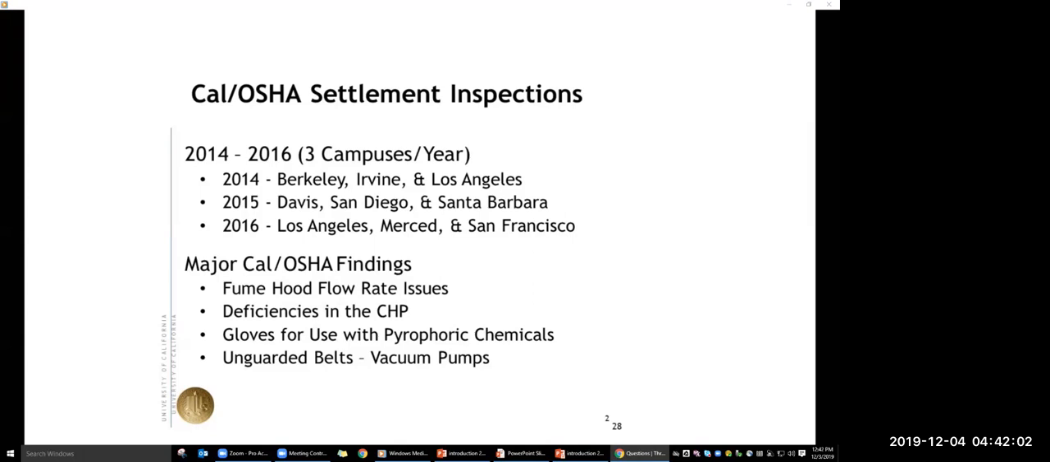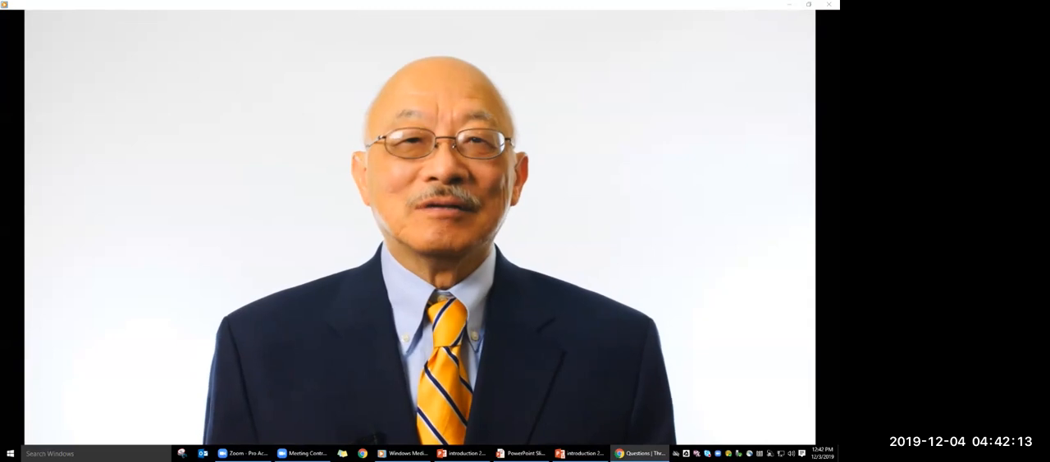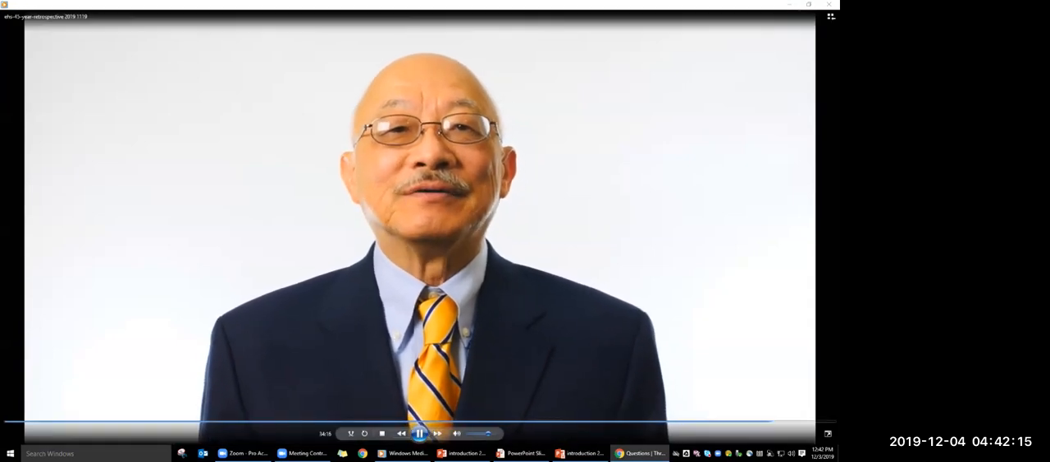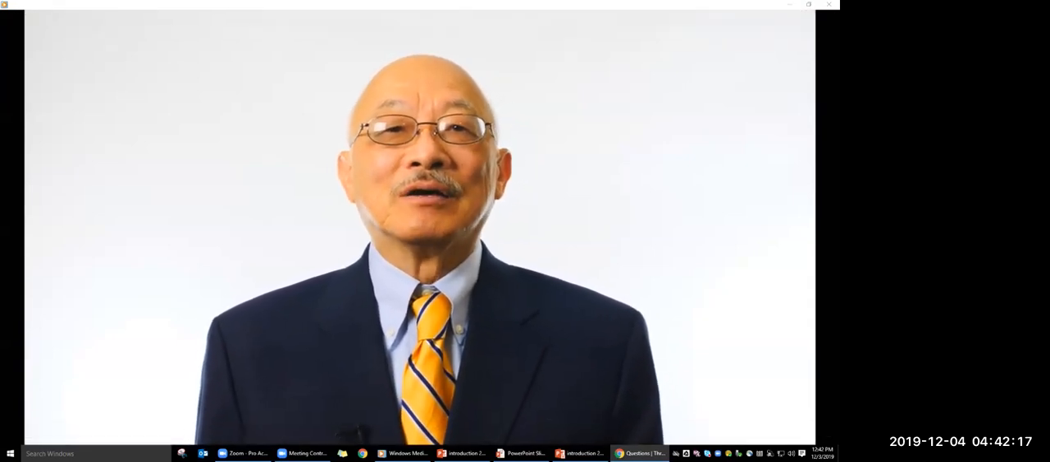At the end of the settlement agreement timeline, the UC campuses did fare pretty well with the inspections. The only serious violations found were the types of gloves which were being used with pyrophoric chemicals and unguarded belts on vacuum pumps. In closing, to be successful in the EH&S field, it is important to develop good personal